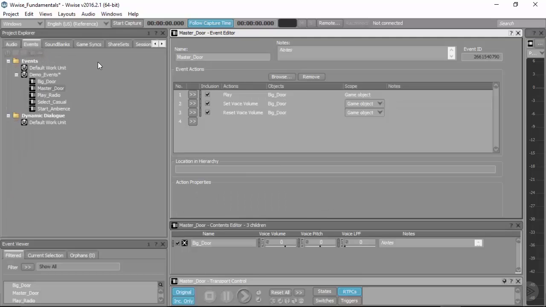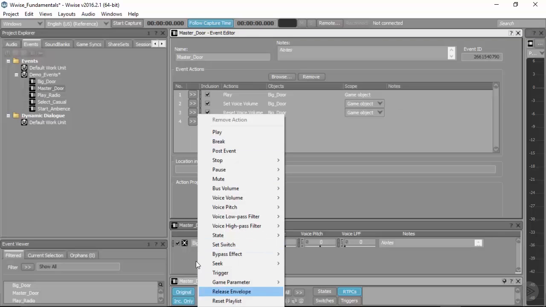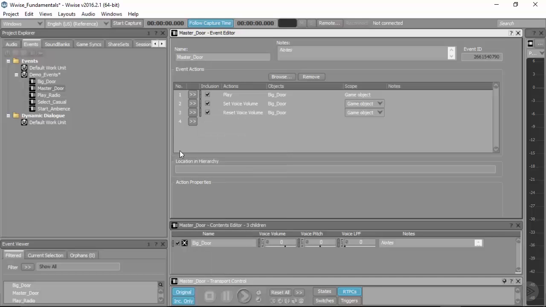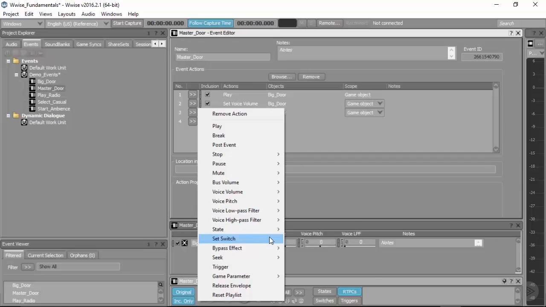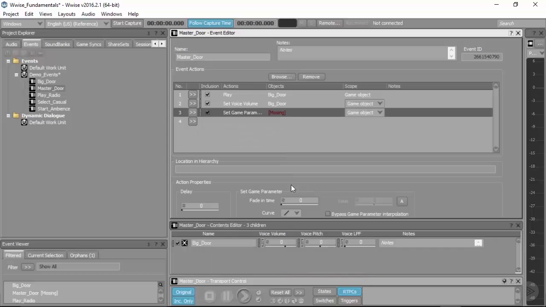Now, I've been showing you a lot of the different things that you can do with events, including setting parameters, but something to keep in mind is that all game syncs, not just parameters, but also the other game syncs we'll be looking at in later modules, are also exposed to the game engine. This means that in code on the game engine side, you can also control and affect game parameters, game syncs in general. However, you might not have the same grain of control that you do with a game parameter. You might not have the fade in time or the curve. This stuff would take a lot of extra code. It's not quite as apparent. So you do have more control over how setting game parameters and game syncs in general works if you're handling it on the Wwise side.